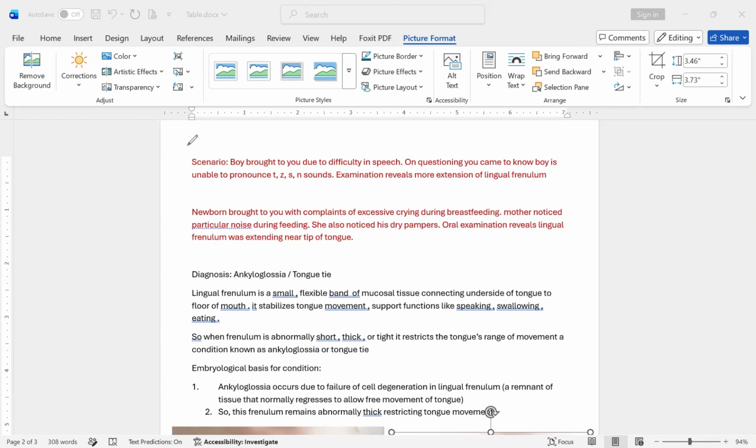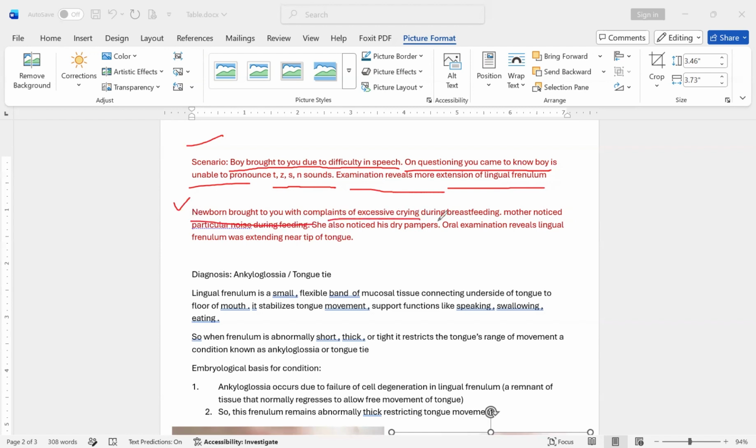So the scenario is a boy is brought to you due to difficulty in speech. On questioning, you came to know that the boy is unable to pronounce T, Z, S, N sounds. Examination reveals more extension of lingual frenulum. Or this scenario can also be asked in a different way, which is newborn brought to you with complaints of